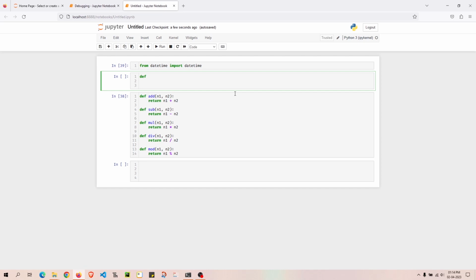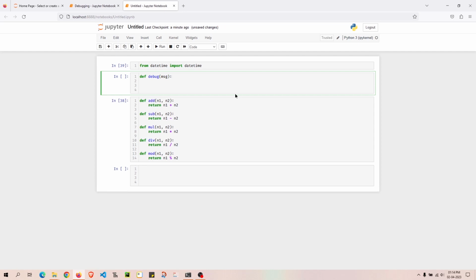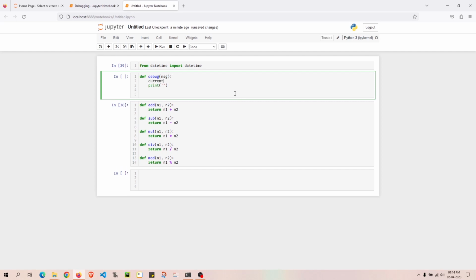Let me first type that particular function. Let me call it debug. Fine. So here it will take a message, msg, and what it will do, it will return. Let's print it instead of returning, so it will print. Now how is it going to print? It will print this. Let me get the time. Current time equal to datetime dot now,